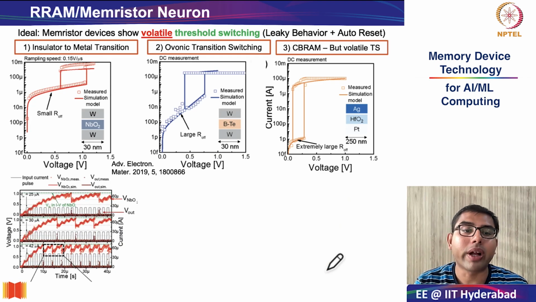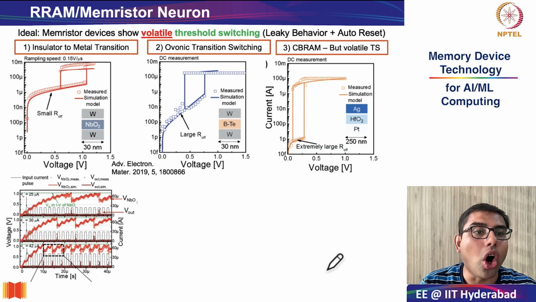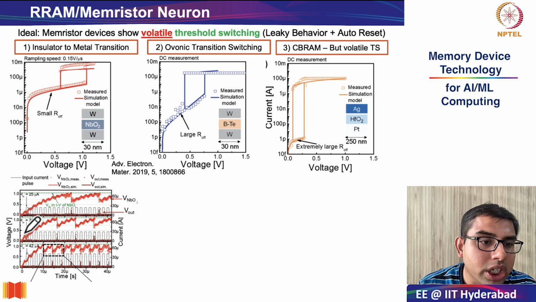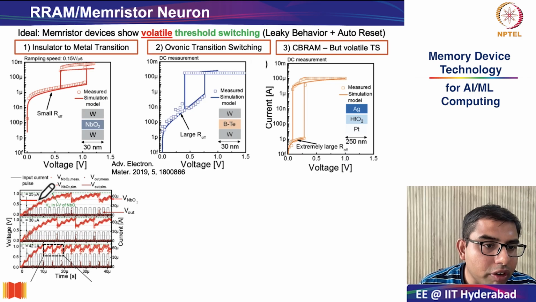So let us look at the electrical characteristics of these memristor based neurons using this image. In this panel, you can see what happens to the output voltage of these devices once you inject some current through pulses. And as you can see, as you keep increasing the magnitude of current from 25 to 30 to 42 microamps, the frequency of the firing events, as you can see